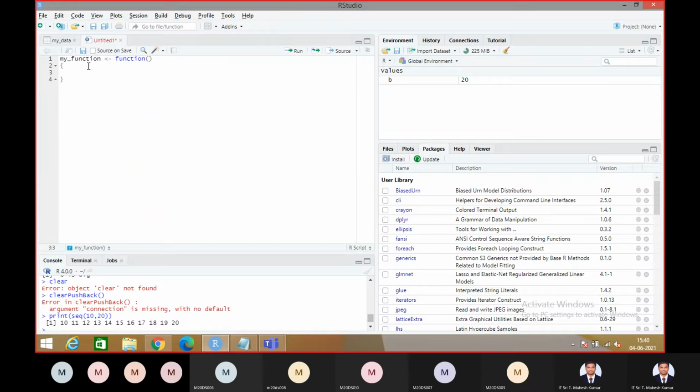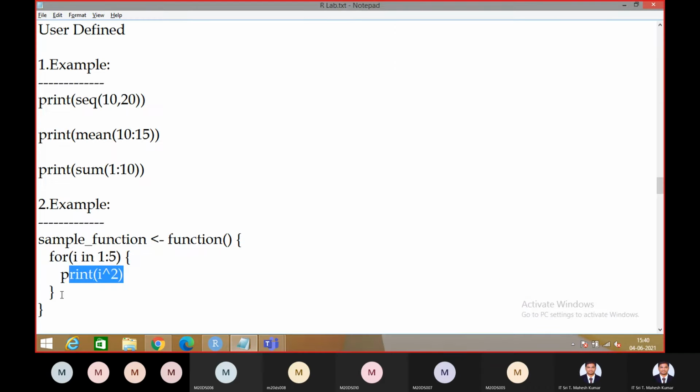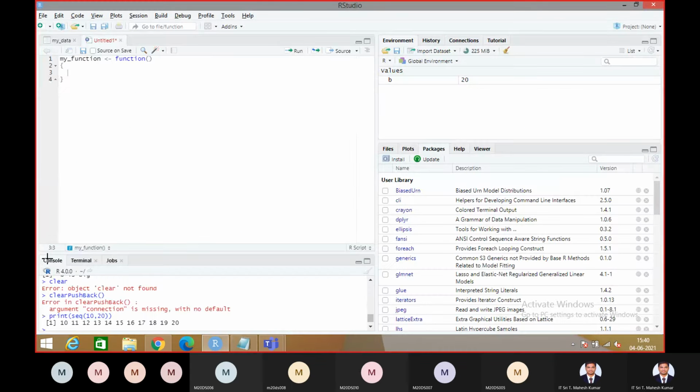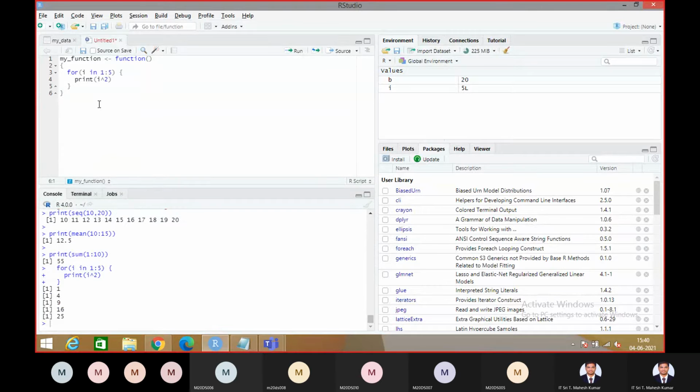So here, with the help of this for loop, I want to display the squares of 1 to 5. When you click on run, see here: 1, 4, 9, 16, 25. This is the output of the above program. Okay, so this is a user-defined function.